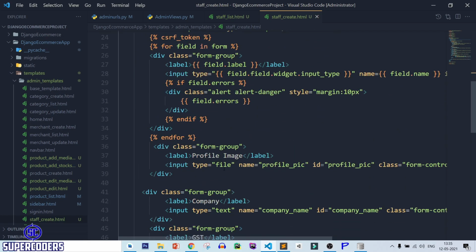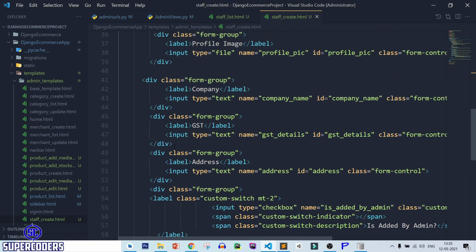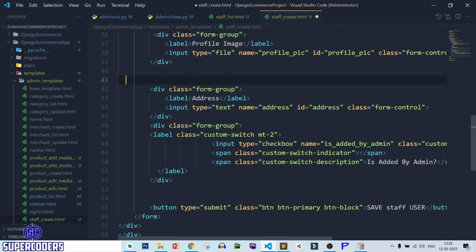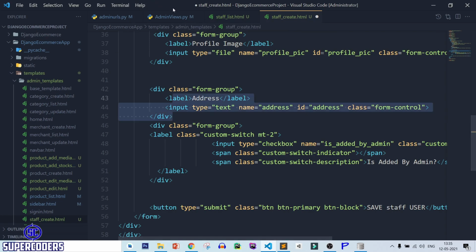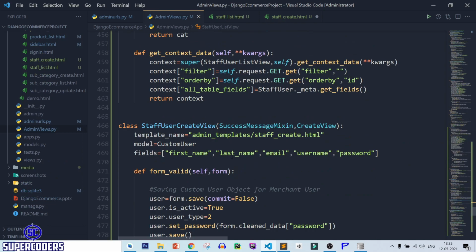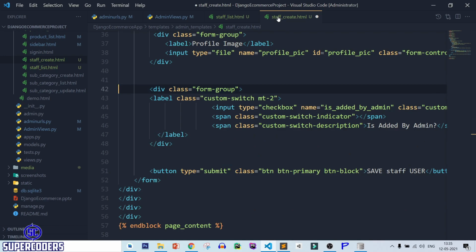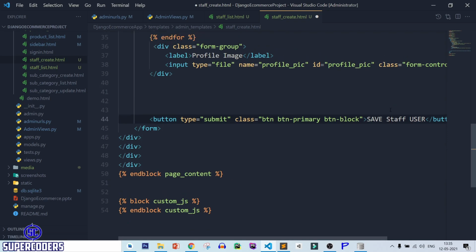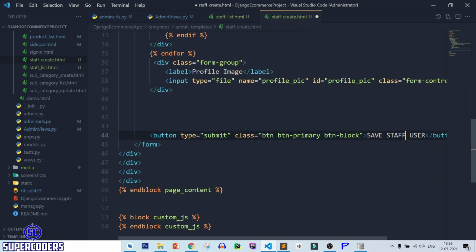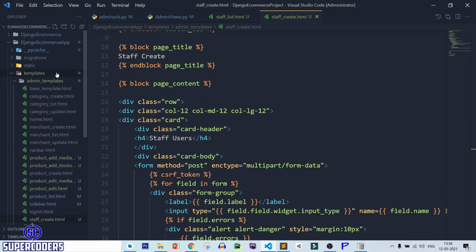Save this file, and we don't need company address, so remove this company GST and address. I think we don't need address. Okay, so remove it. Is added by admin, remove it. Add staff user, save it, save it.